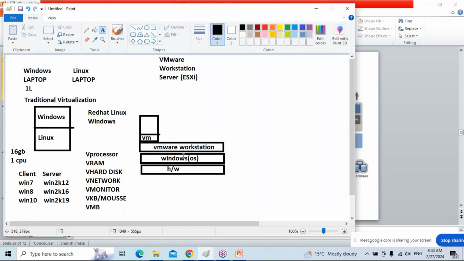Not the client. The client we already have physically installed in your laptop. I'm going to install the Windows 2012 server operating system. Similarly, I'll create another virtual machine, install Windows 2016, Windows 2019. Like this, I can create any number of virtual machines. Or I can install one VM with Red Hat Linux, another VM with CentOS, another VM with Ubuntu Linux.